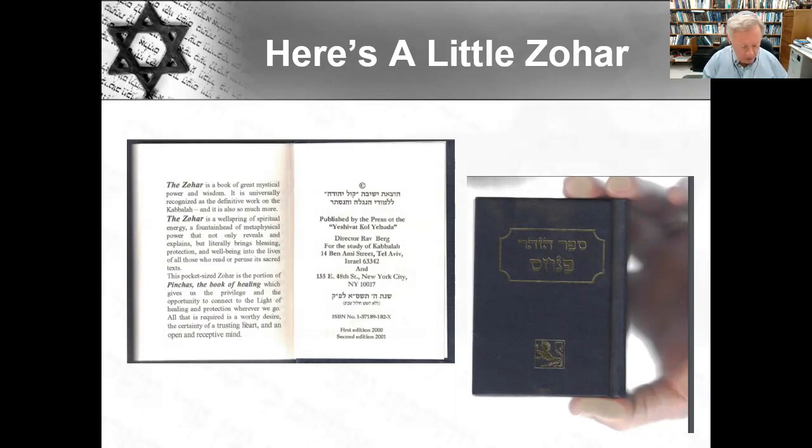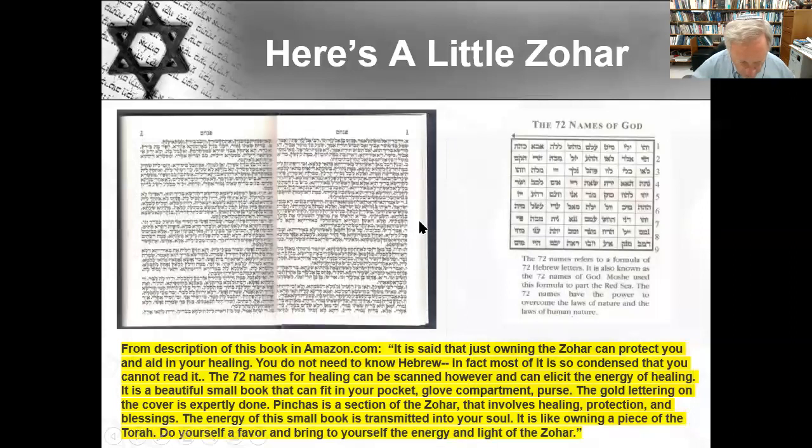It was published in the year 2000, and it is a mystical commentary, and it's really small. So I would need a magnifying glass to read it. I'm going to try and hold it up a little bit. You can get a sense. You can see it with my finger there. It's really small. And it begins with the 72 names of God, which is a mystical understanding of the names of God, which I would say I know almost nothing about.